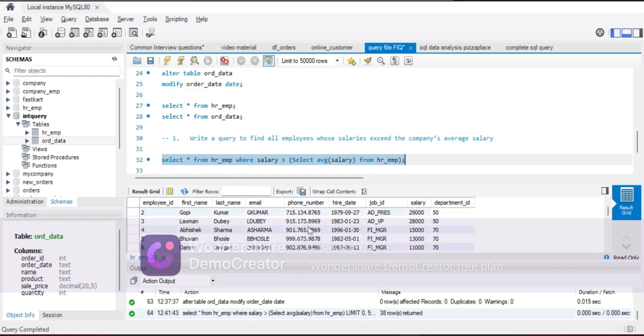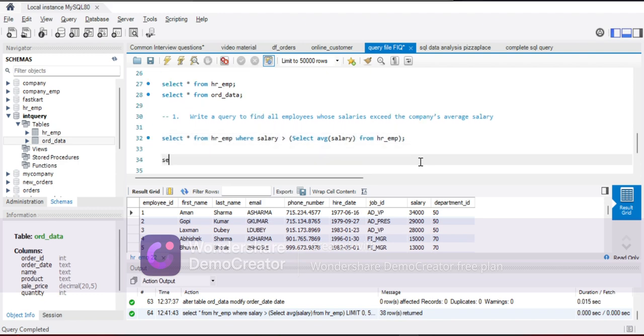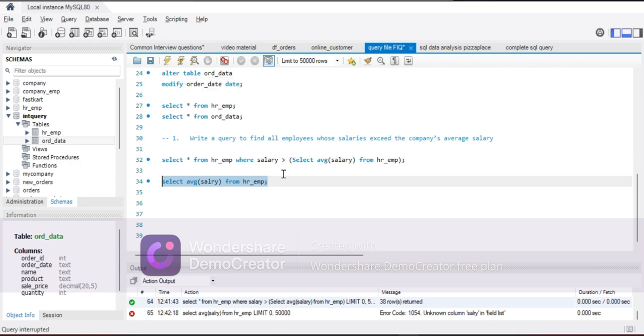Okay, yes, so we have all those salaries which are more than the average salary, but let's check if we are actually getting the correct result. To do that, let's check the average salary. Let's select average of AVG of salary from HR_EMP. Okay, so the average salary is,